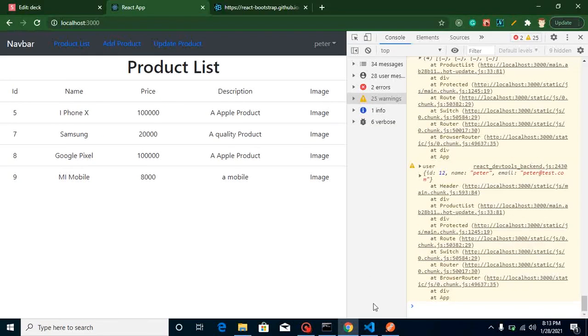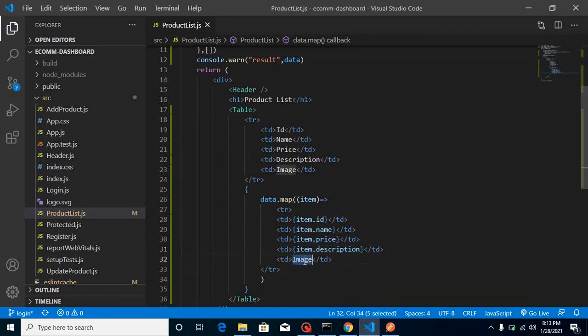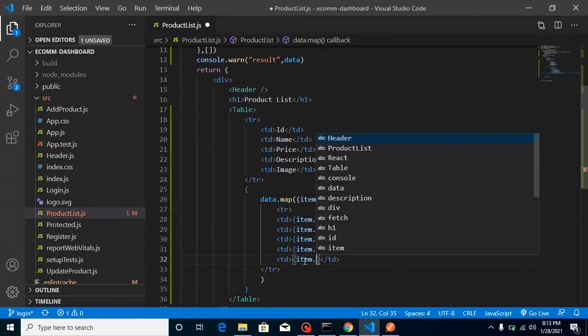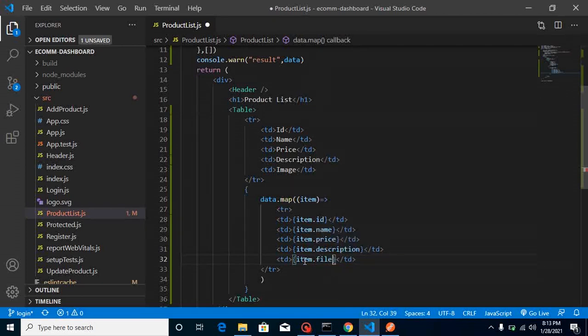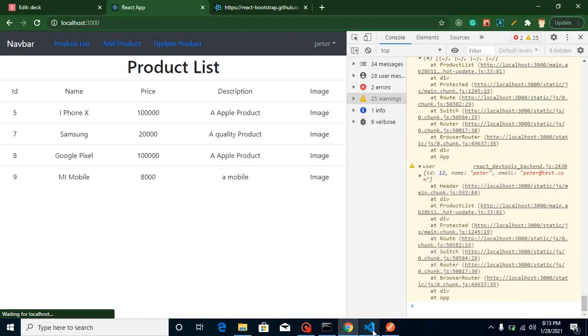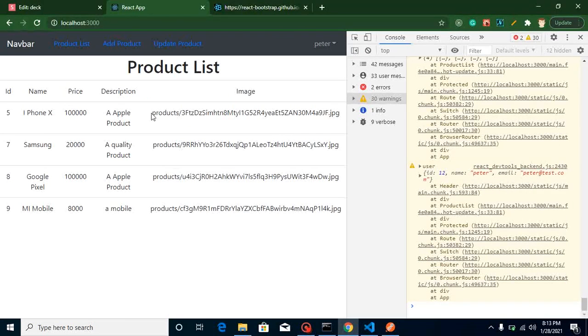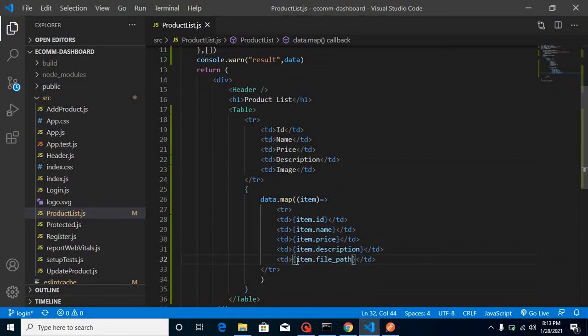And at the last, let's place the images, but we have to resize these images, because at first you will find that the images are very large. So just put here file_path, and here we go. We have this URL, but we cannot use this URL directly. We have to use it inside an img tag, right? So put here src, and with the src we can simply use